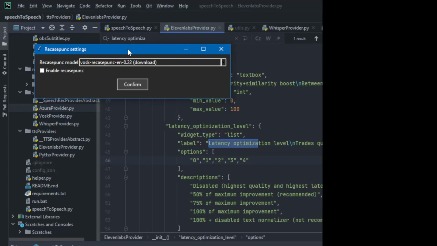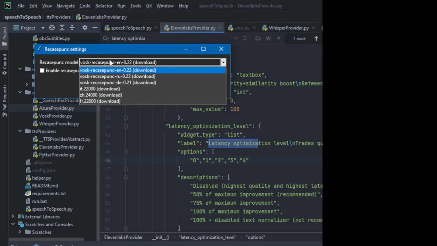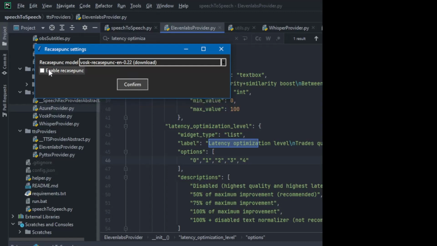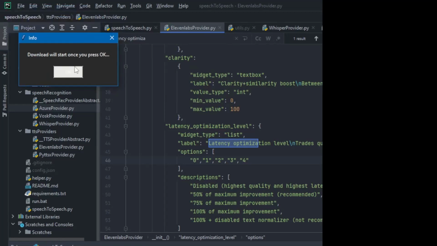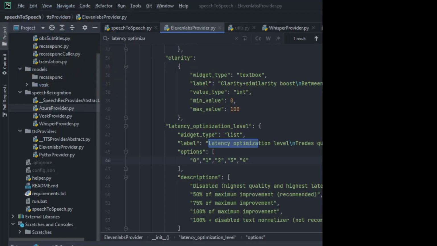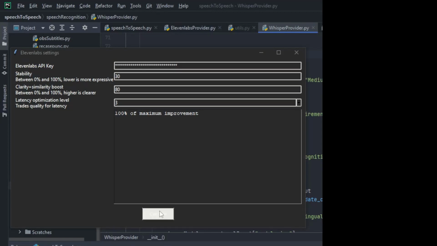Here, these are the settings for recase punc, which is the separate model which handles casing and punctuation, which is necessary because ElevenLabs can produce a better TTS output if it's properly punctuated and with proper casing. So we will select the appropriate recase punc model. In this case, we'll go for the English one. We'll hit enable recase punc, and the download will start. Well, now that the download is done,